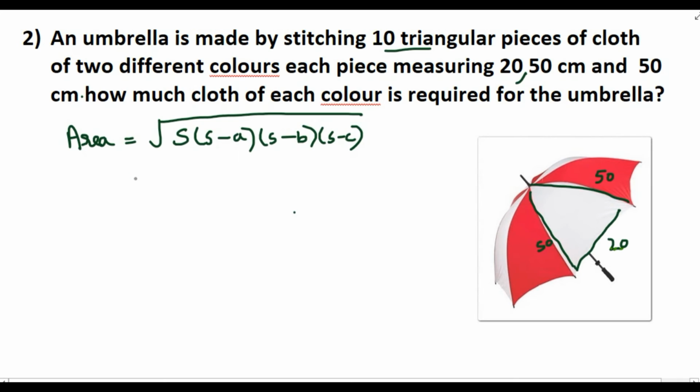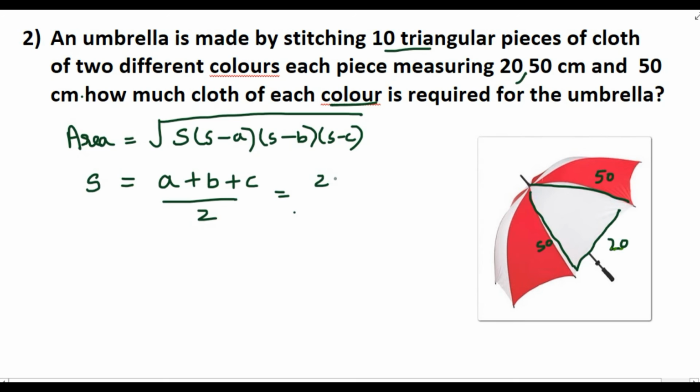Two different colors are used. First we will find out the area of one triangle. Total 10 pieces are there, so 5 pieces of red color and 5 pieces of white color. Then the question is how much cloth of each color is required. So the area of one triangle into 5 we need to do, because total 10 pieces are there and two different colors are used. So S, we will find out: a plus b plus c divided by 2,